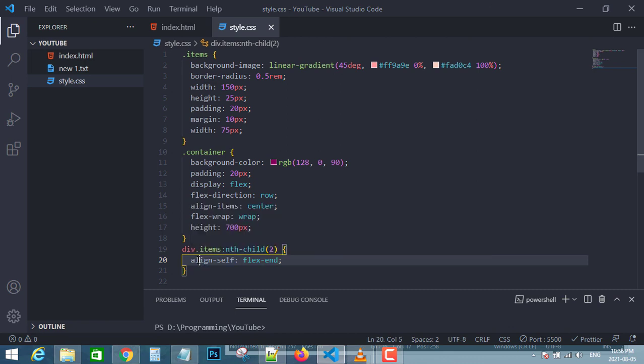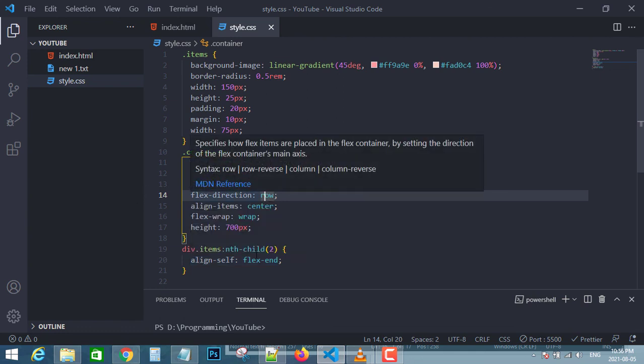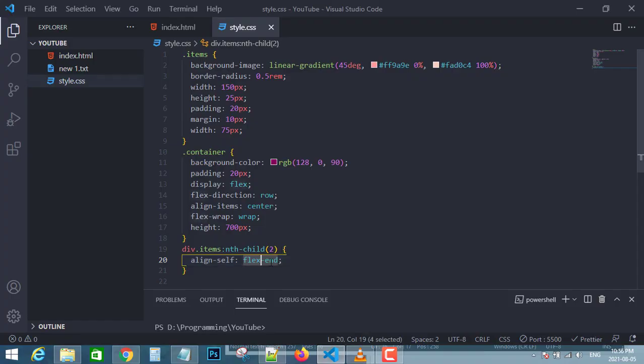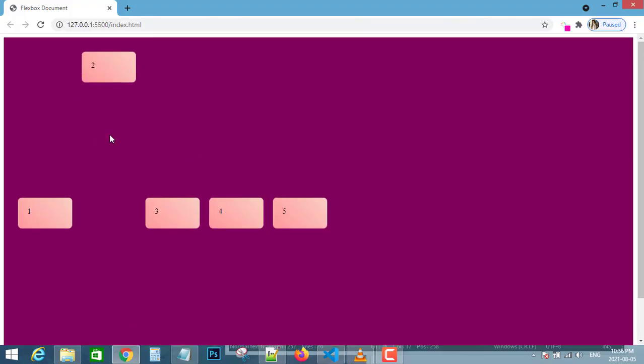The rule here is also the same. Whenever we see the word align, the rule of thumb is that if the flex-direction is row, then it will align vertically, and if the flex-direction is column, then it will align horizontally. So it has an inversely proportional relationship to the flex-direction property. Here I could also write flex-start and the element would go to the start. Here it is. I hope this video made sense to you.